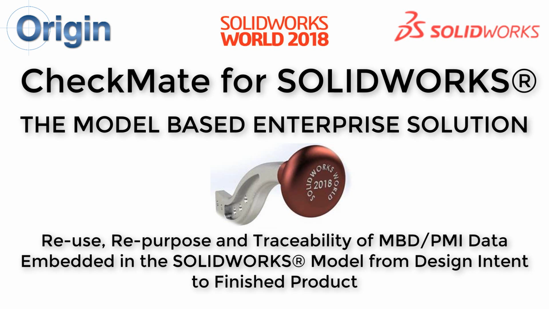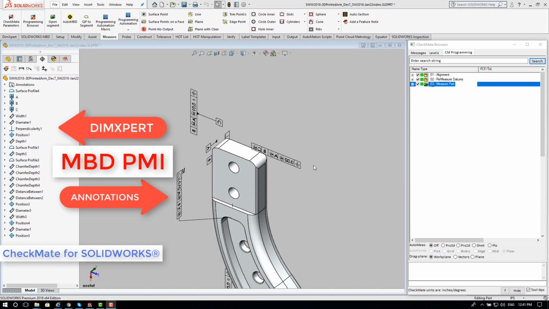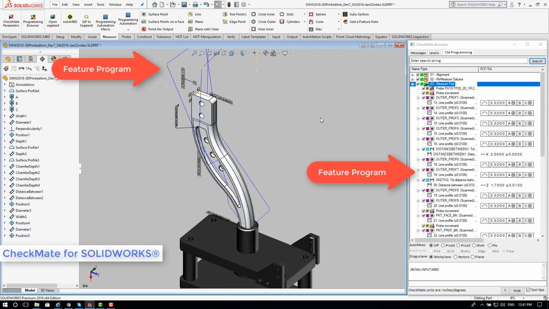CheckMate for SOLIDWORKS, the model-based enterprise solution. We begin with the MBD PMI in the DimXpert tree, which can also be seen graphically as those annotations. With the press of a button, CheckMate reuses and repurposes the PMI to generate an inspection path, complete with alignment,